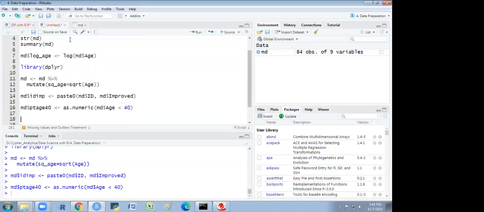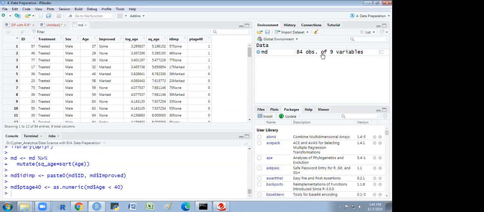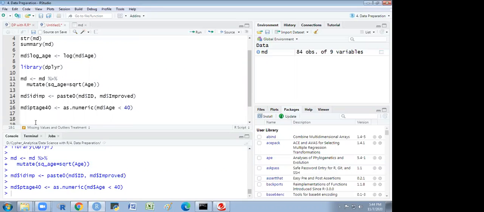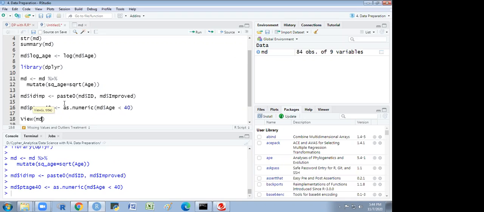So you just click here. We have two options. We could click here or we could write View, V is capital, View MD. So we have two options.